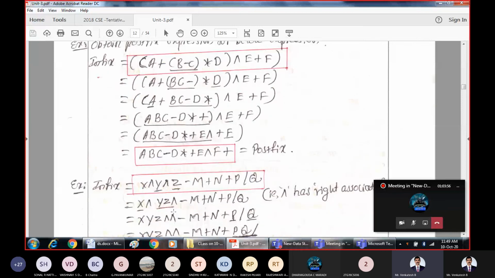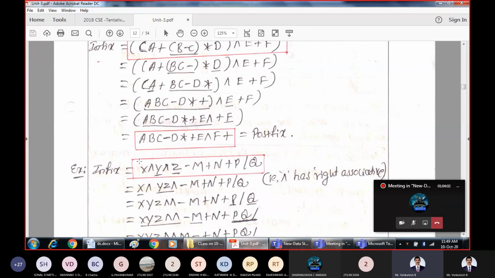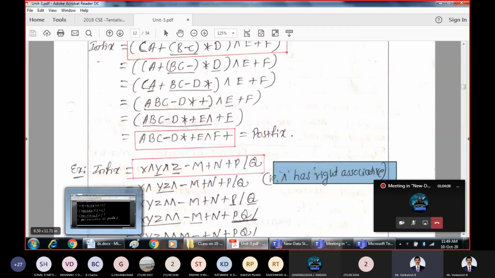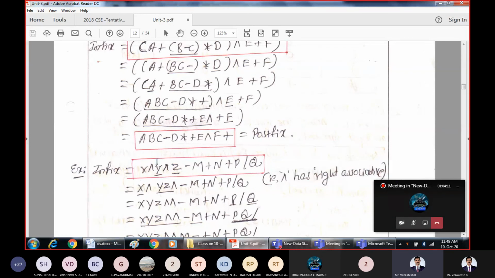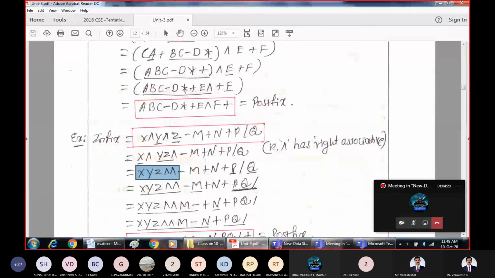This is one more example. You can try it out. Very simple power operator, but what we do here is we will go from right to left. Just for explanation purpose, right associativity we have taken, because power operator will evaluate from right to left. So in this case, first we solve from right to left, then we evaluate YZ cap, then XYZ cap, then remaining all same. Only thing is it is specifically taken here just to show that we will first evaluate YZ cap. I'm not writing XY cap. First we'll evaluate YZ cap. Why? Because this is having right associativity.